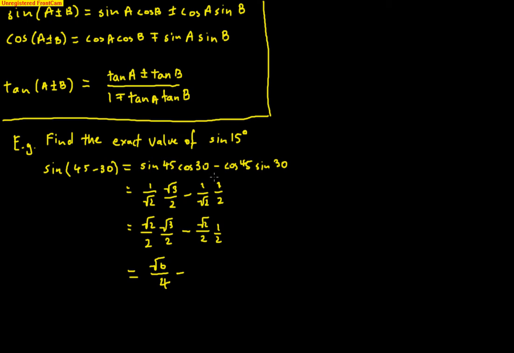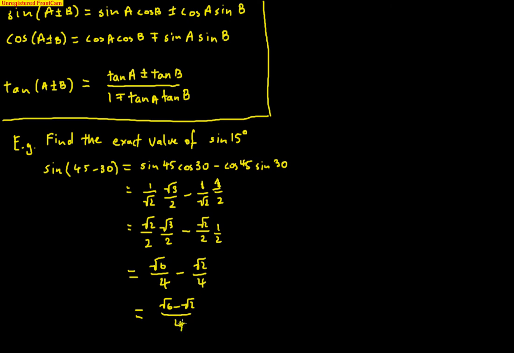Alright. It's supposed to be a half times root 2, so root 2 on 2 becomes root 2 on 4. And we should get root 6 take root 2